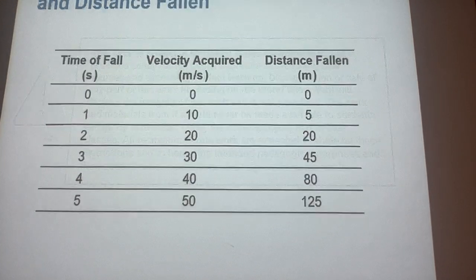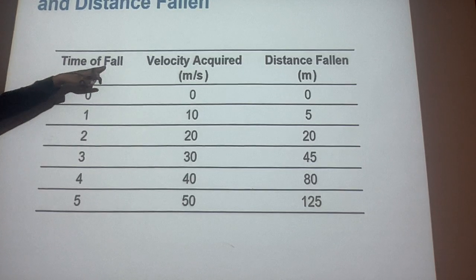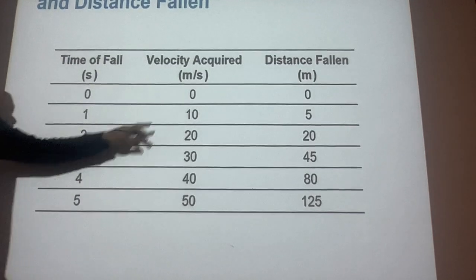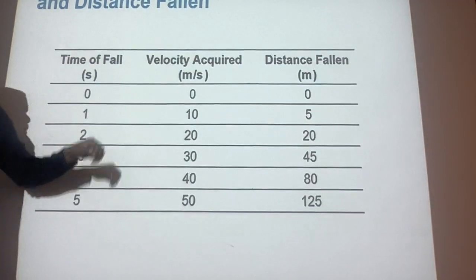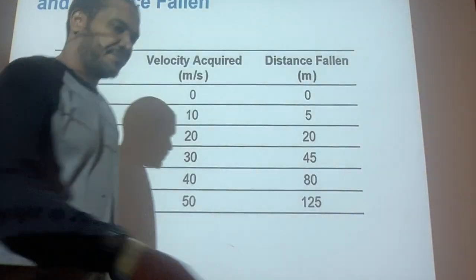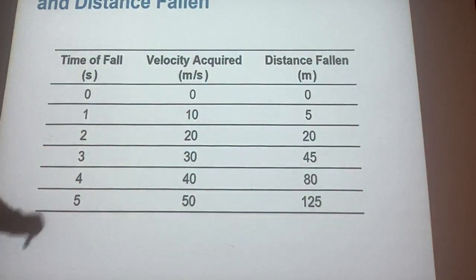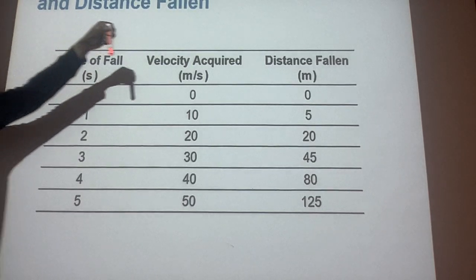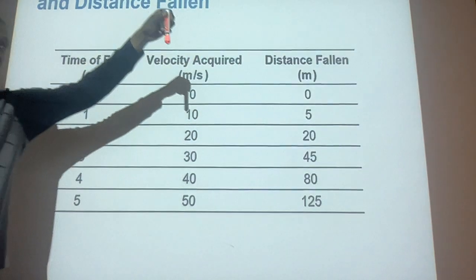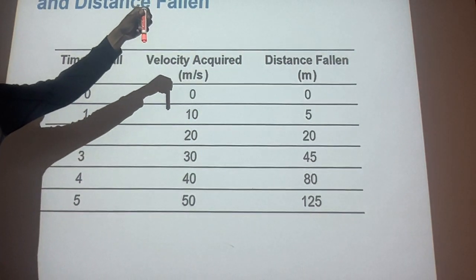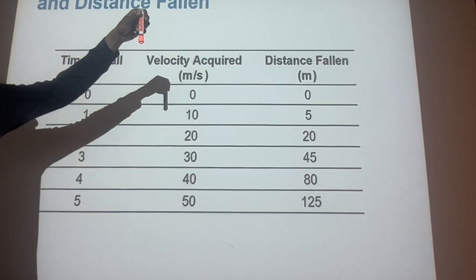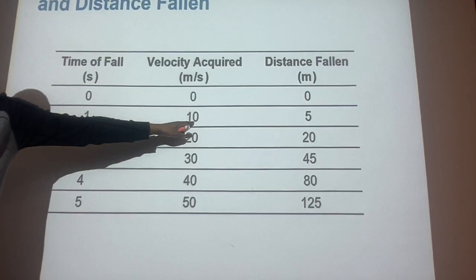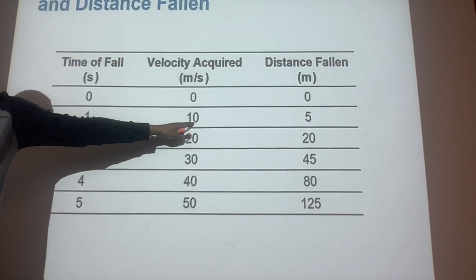But what this says is, time of fall, right? So here we have seconds, and here we have velocity. So if I have an object, time 0 is right here, and distance 0 is right here. When I let it go, exactly 1 second later, if I caught it, it would be traveling, say it, 10 what?